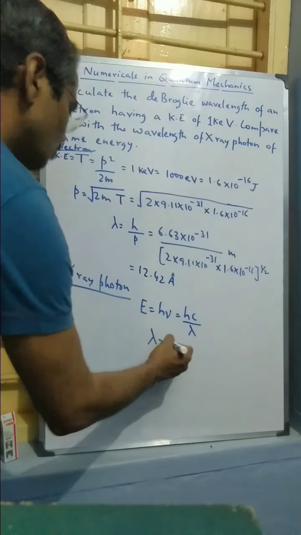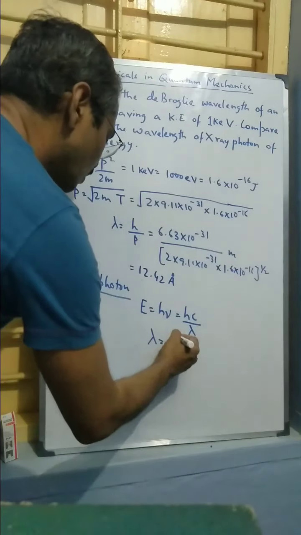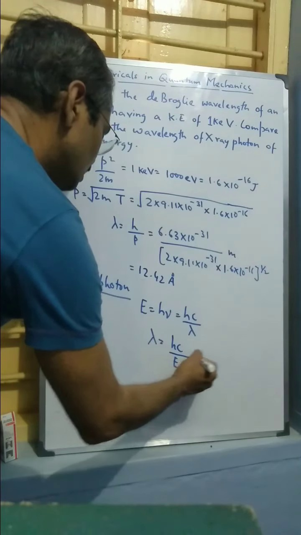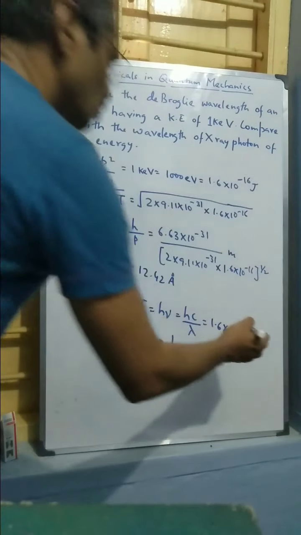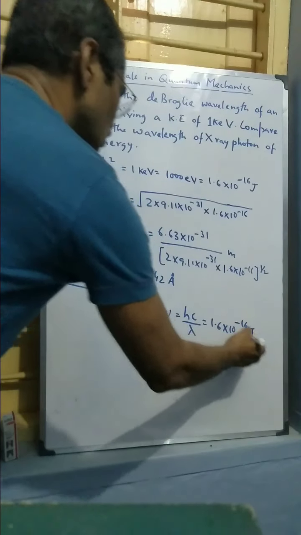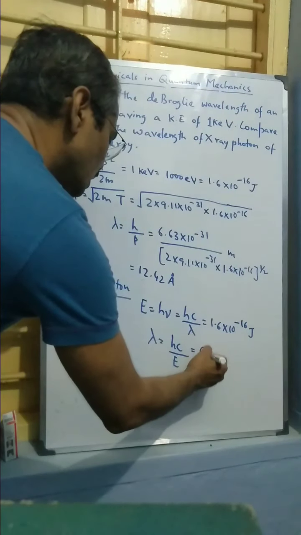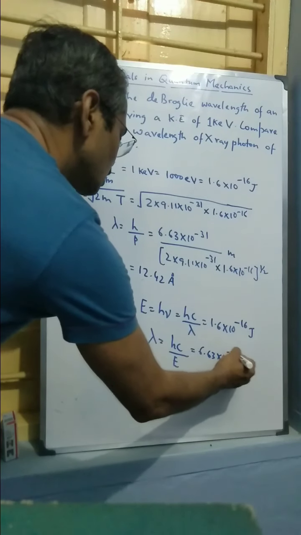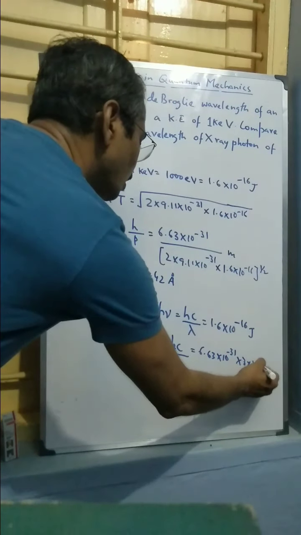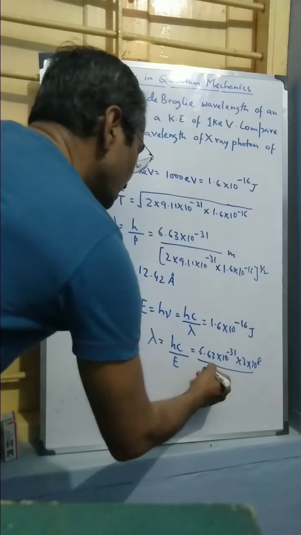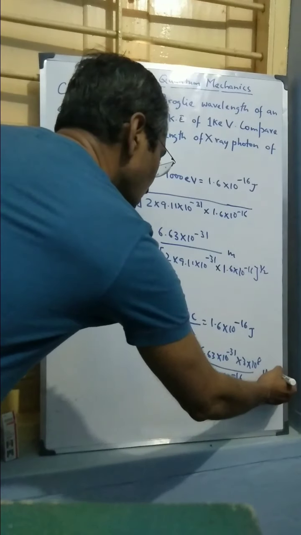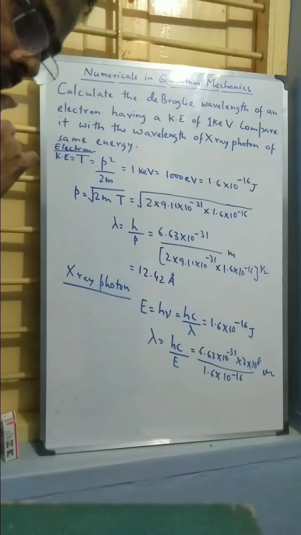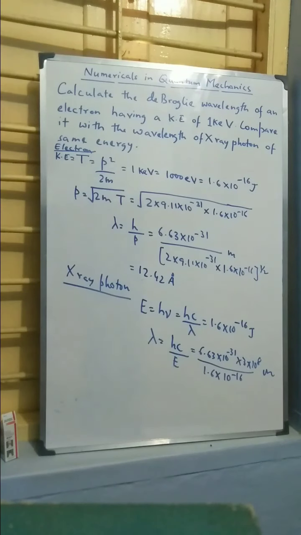If we again want to calculate the wavelength from this, lambda equals hc by E, with the same energy of 1 keV, which is 1.6 into 10 to the power minus 16 joules. So this is 6.63 into 10 to the power minus 34, times 3 into 10 to the power 8, divided by E, which is 1.6 into 10 to the power minus 16. This is again in meter, and if one calculates it, one can very easily find it to be something around